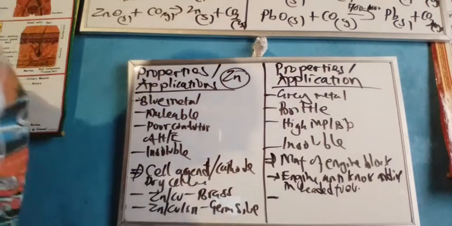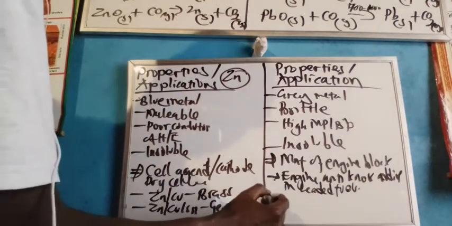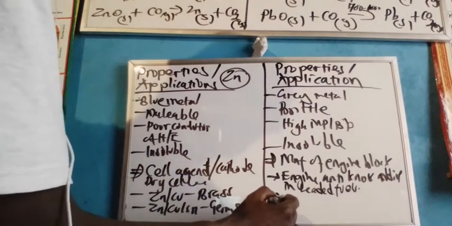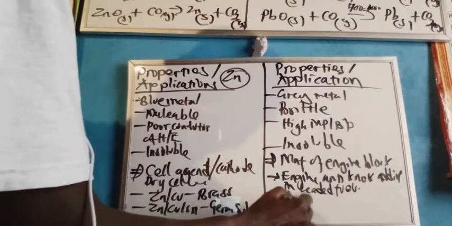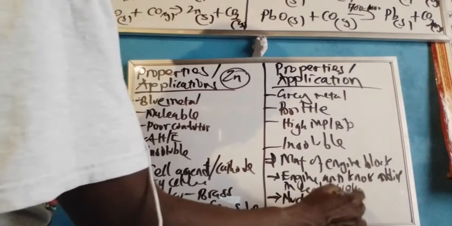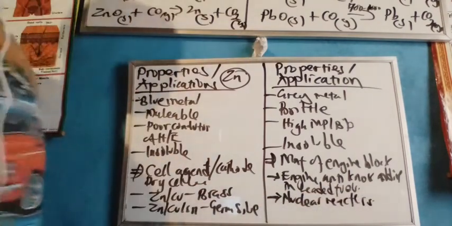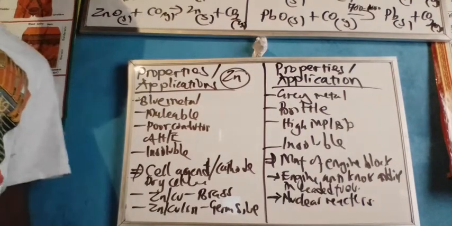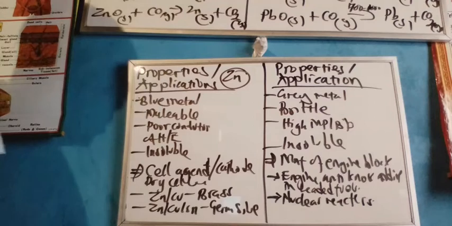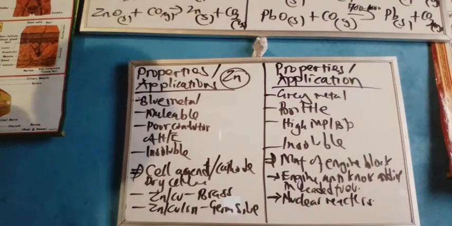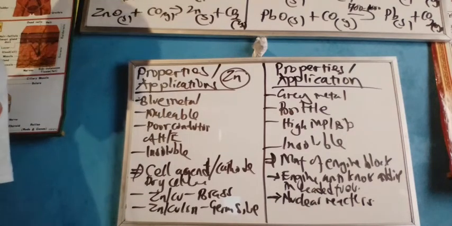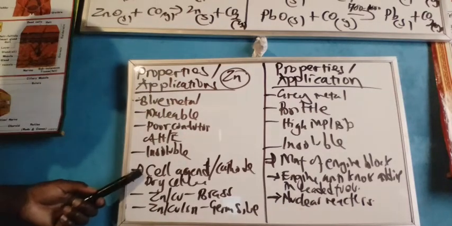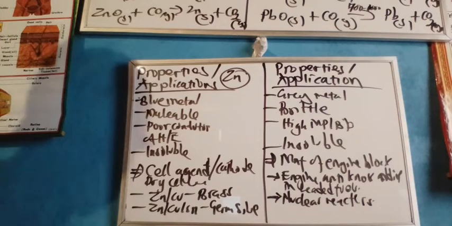Number three, lead is used as a blocking agent in nuclear reactors because it can stop all potential nuclear radiations. The main one stoppable is the gamma ray, and the gamma ray is of high intensity, so it can block any other. So in summary, we've said that zinc is used in manufacture of dry cells as a cathode,